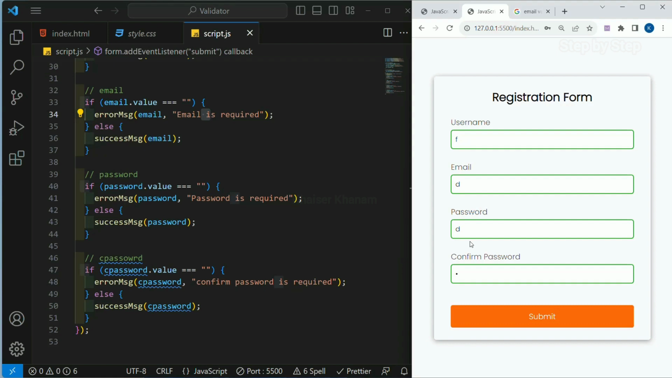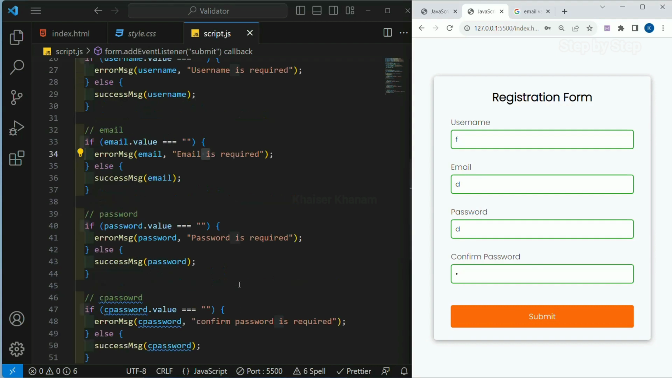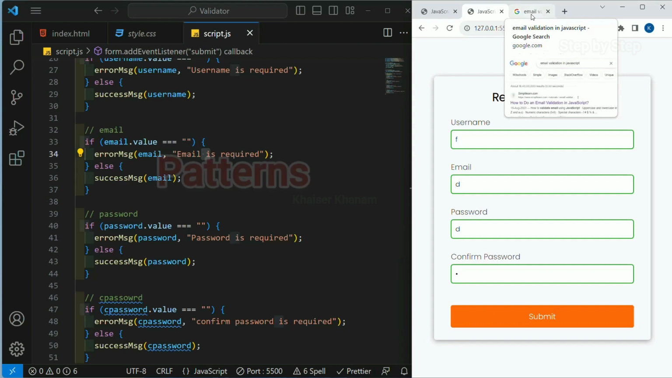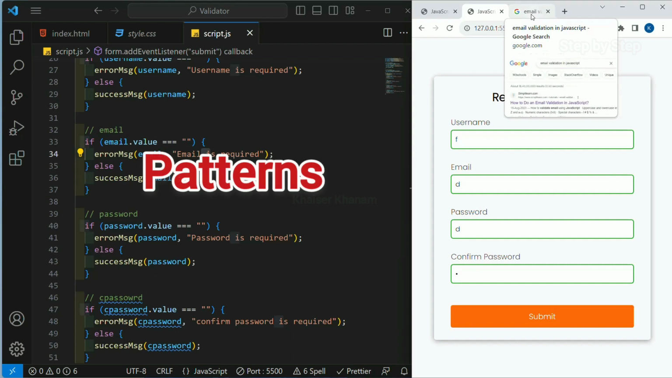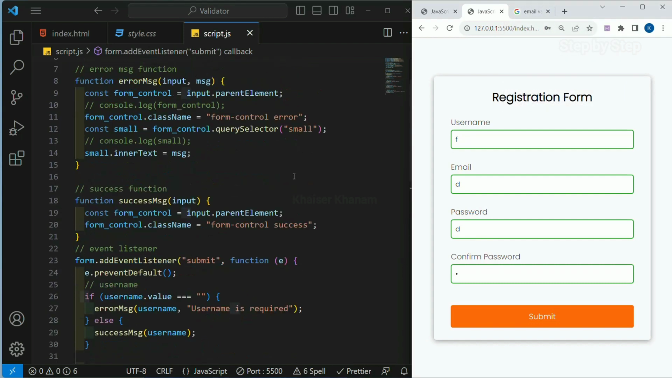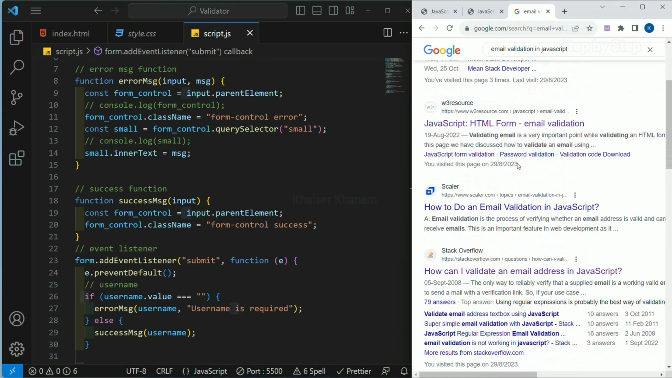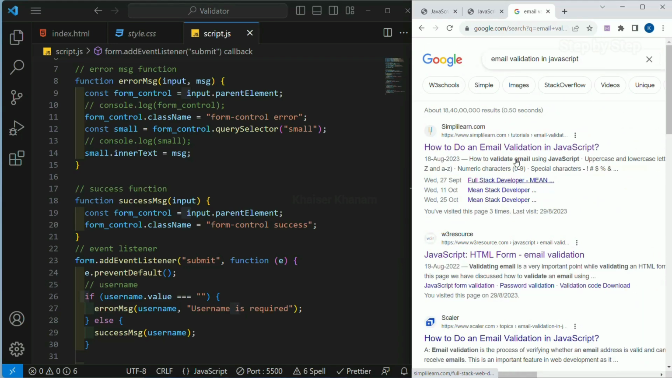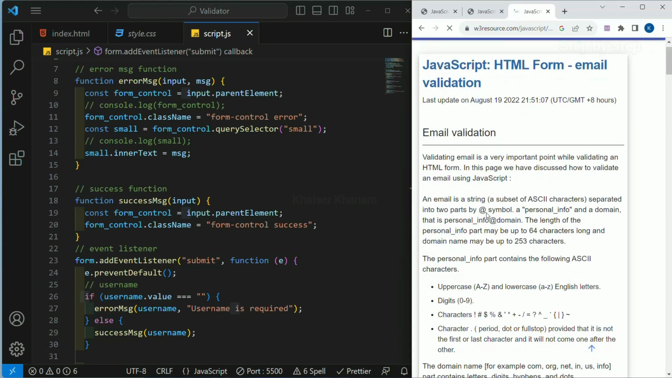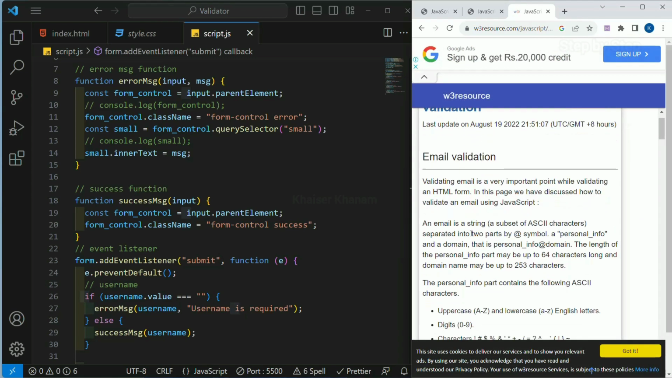Now what we want to do, we want to check if the email is valid or not. For that, we will be using a regular expression. If you are not aware of regular expressions, no problem. That is completely fine. In JavaScript, we find certain patterns using regular expressions. So if you want email validation code, just type in Google email validation in JavaScript and you will have multiple codes. If I open any one of the links, inside this, they have